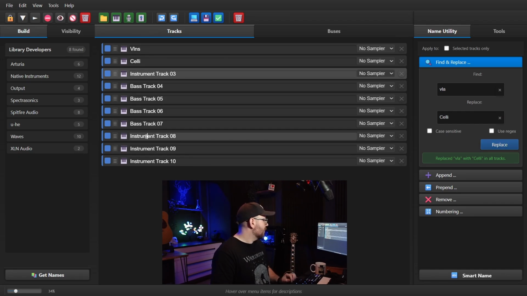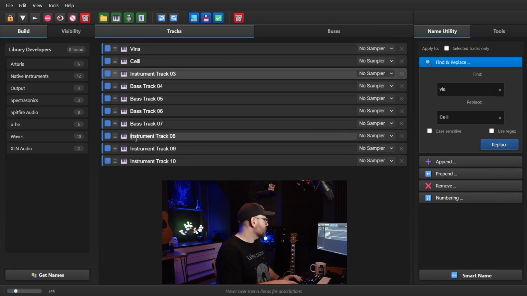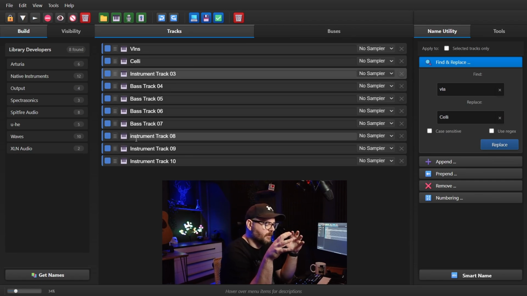Now, there's another scenario here that I want to show you. Sometimes when I've run into this, when you import different developer track names into a project, you need to be able to specifically target words with uppercases and lowercases, because you might have, for example, a folder that's capitalized Simps, but you might have a track with the name Simps in it, even with just one capital, or